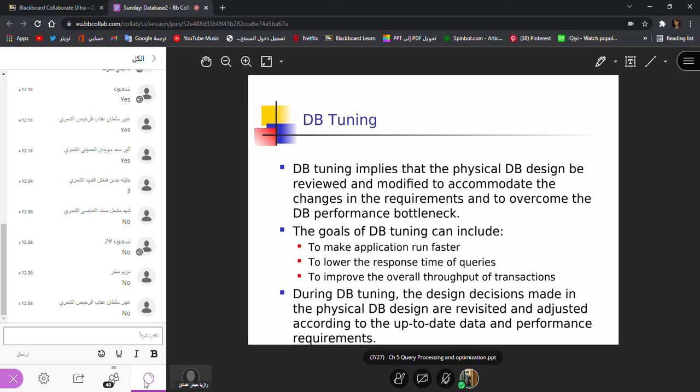Okay. So the first thing is the database tuning. Tuning means that you are fixing the problem. You are trying to improve the things that will improve the working of any system. That is tuning. I don't know if you have ever used a radio system that we listen to for songs or programs.